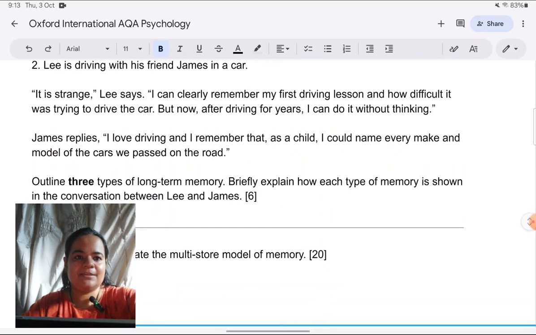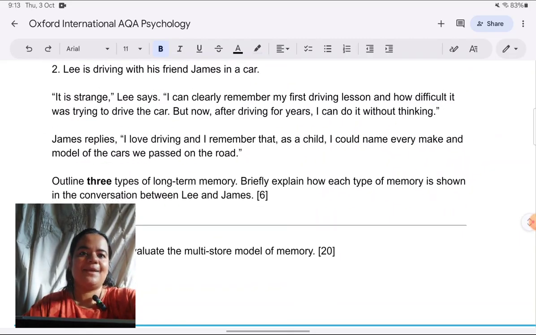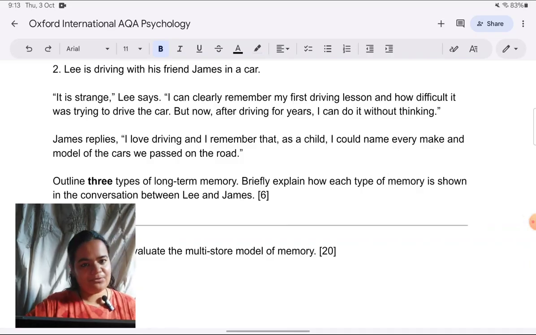Okay, let's come to the next question. If we just take a glance at it only, it becomes apparent that it is an AO2 type of question. Of course, there's going to be an AO1 component to it also because it's for 6 marks. So surely we'll have to define some things and apply some things. It's just that whenever you see a scenario question, be prepared to answer as per AO2 requirements, application. First, let's read the scenario, then we'll discuss more on this.